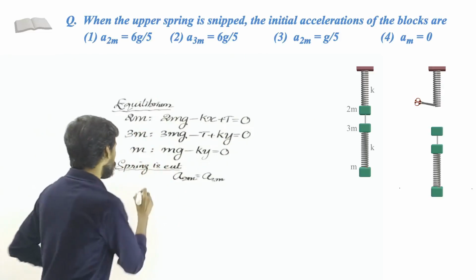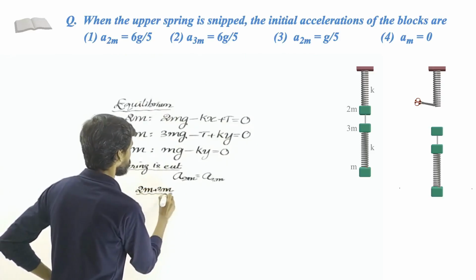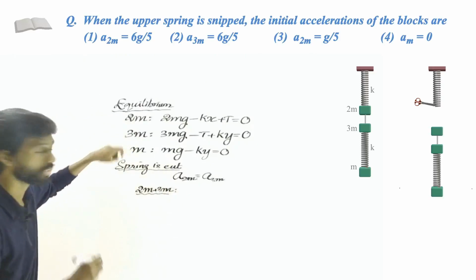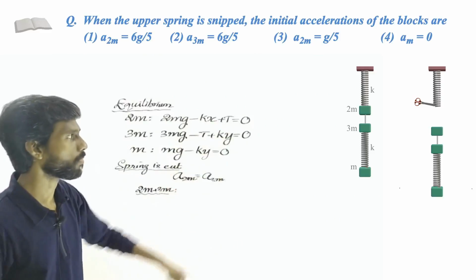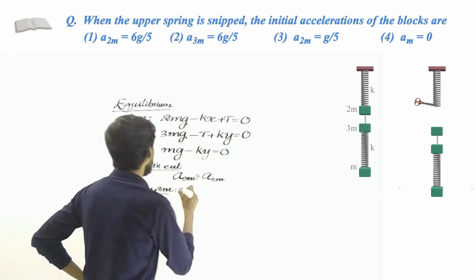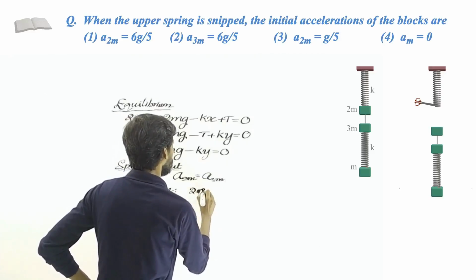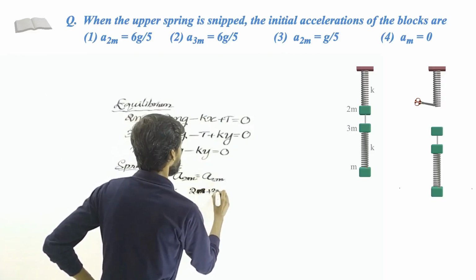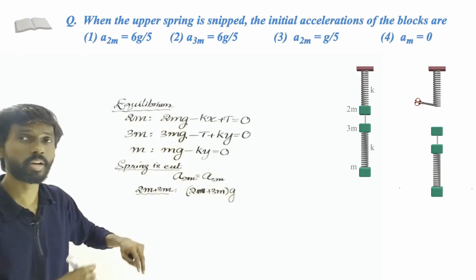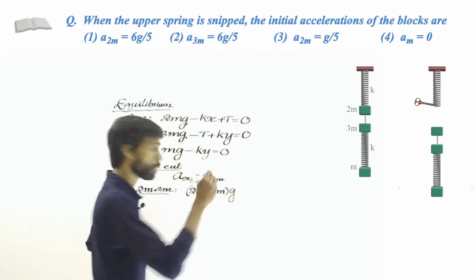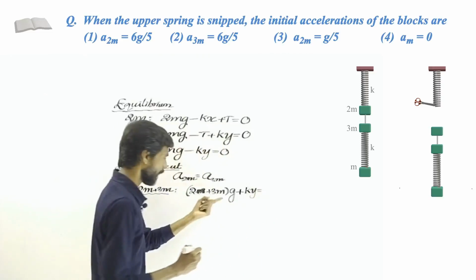So for that 2m plus 3m block, let us write the forces acting on it. Instead of writing the blocks 2m and 3m separately, considering them together, what are the forces? The gravitational force in the downward direction is (2m plus 3m)g. That is the weight. Total is 5mg in the downward direction, and also the spring force, so plus ky. That equals mass, which is 5m,